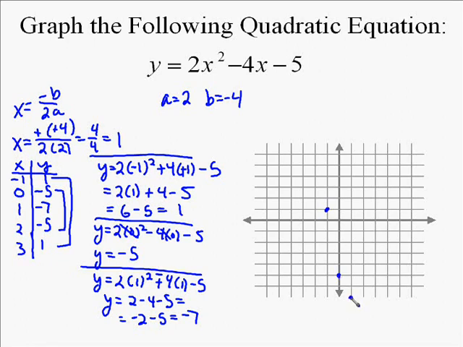So now we come over and we graph our points. We're going to do negative 1 over, 1 up, 0 over, so right on the y-axis, negative 5 down, 1 over, negative 7 down, 2 over, negative 5 down. And if you notice, you can see the symmetry. This is a very narrow parabola. Like I said, it kind of looks like a cross between a V and a U. You make sure you extend the lines all the way